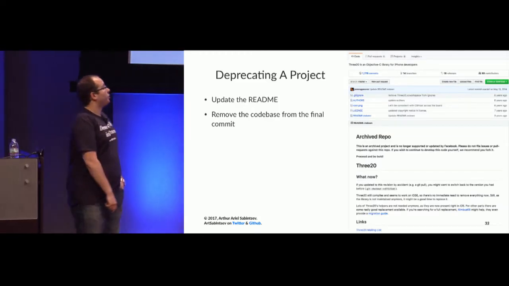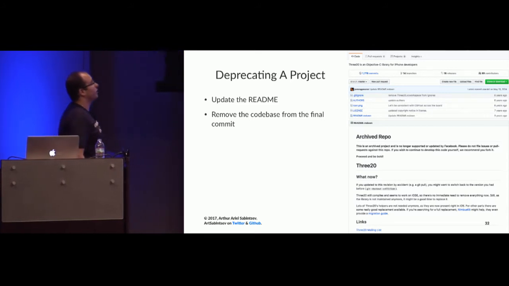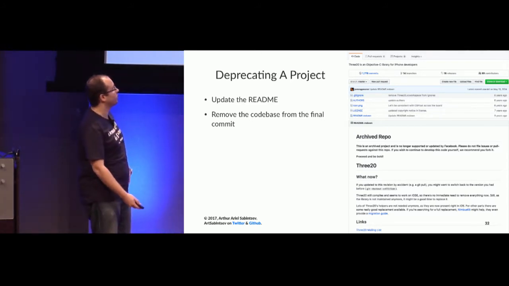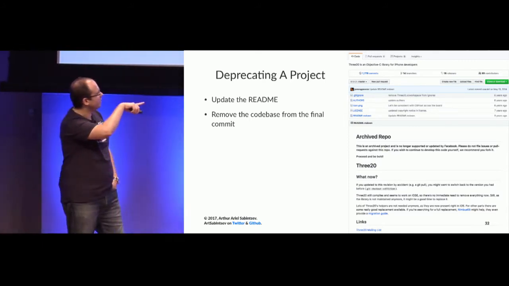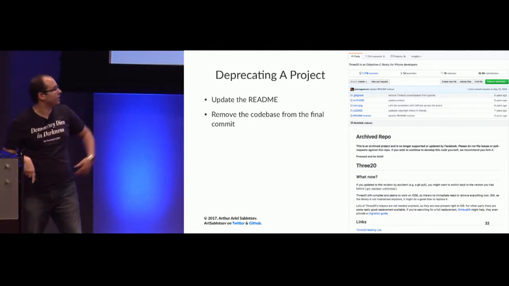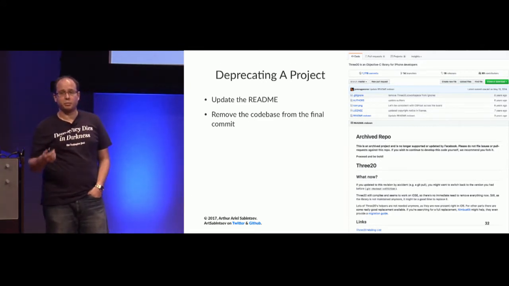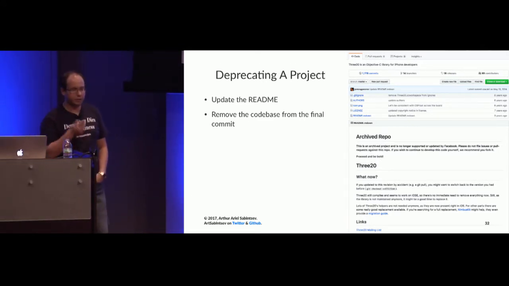All right, a couple more slides. Deprecating a project. This is how 320 deprecated their project. They moved everything to Facebook Archive, which is another project that they own, another team that they own, and then they just say it's an archive repo, but they give you the commit. Maybe it's not in the screenshot, but they list the commit. Oh, yeah, it is. They list the commit at which the code base was at, because they also deleted the code base from the last commit, because they wanted to make sure people knew that this was a deprecated library.